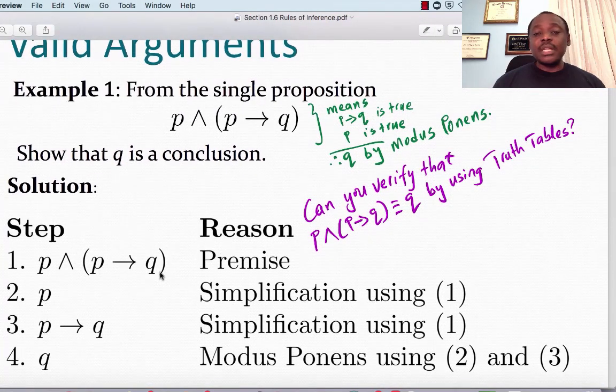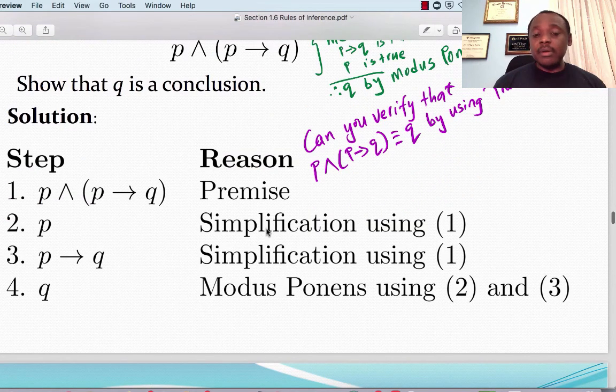I would be more than okay if you just said, because it's an "and," that means the first two premises stay on top of each other, and then a line is drawn, and then tell me by modus ponens the result is Q. That's good enough. If you cannot remember that it is called simplification, that's okay.